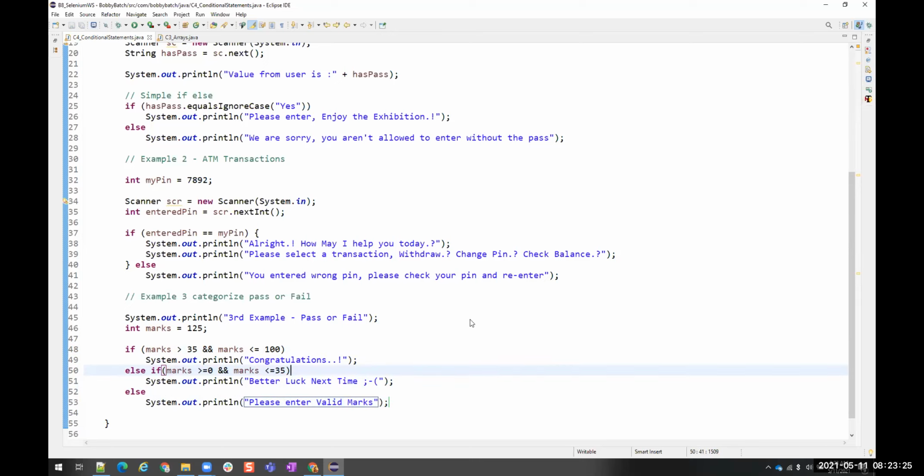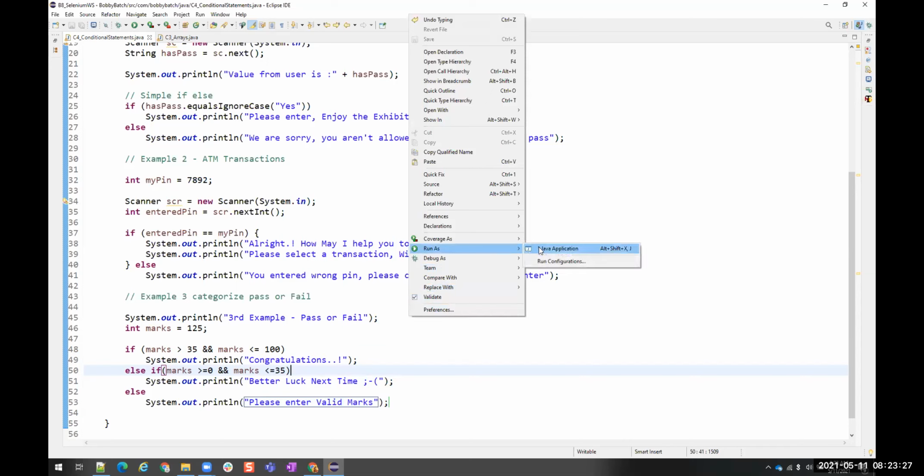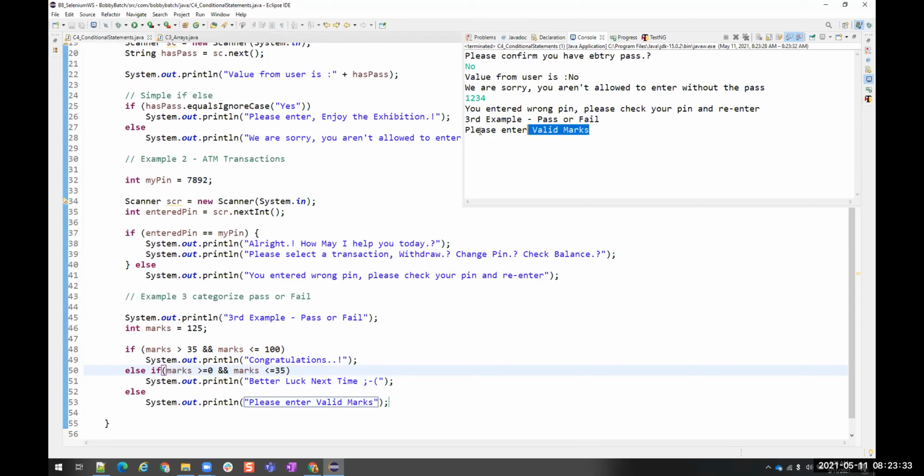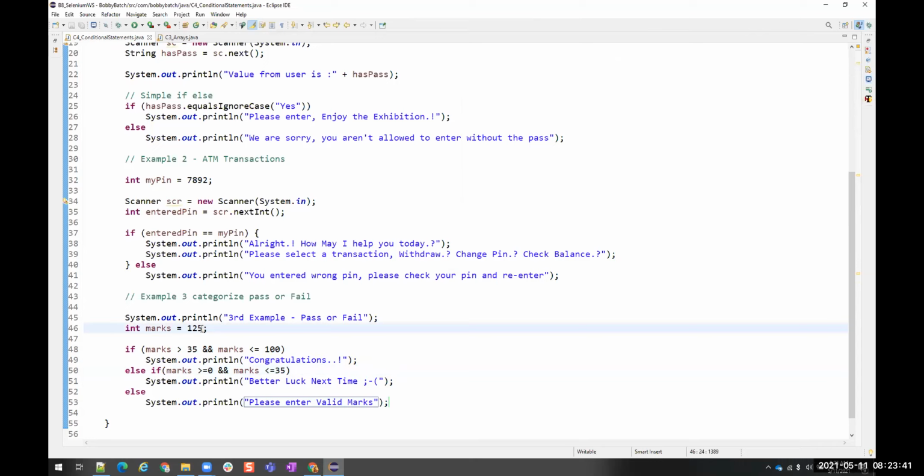Right? Now if I run this, let's see. Please enter valid marks. You see, it is a correct message now, right? I gave 125, but my range for pass or fail is between 0 to 100 only. Okay. Now let me give minus 12. Okay. Now let me run.